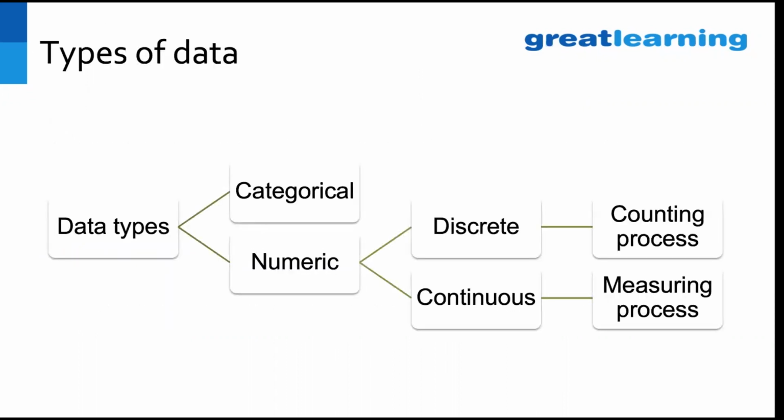Now the data. You have heard of these terms in last week's videos as well as statistics videos. You would have seen these classifications. There are two different types of data that we primarily look at. One is quantitative data. The other one is qualitative data. Your qualitative data is nothing but your categorical. Quantitative data is all about numeric. And again, each of these will get divided into two types. Your categorical data can be two types: nominal and ordinal.